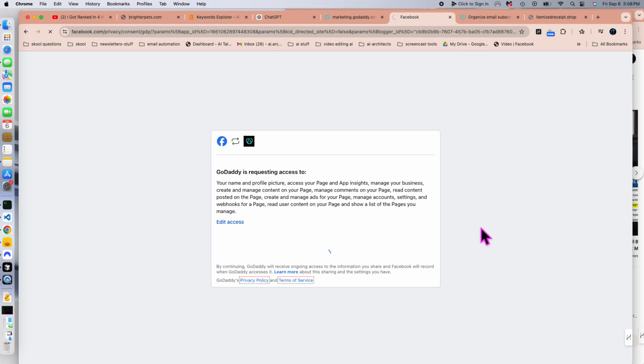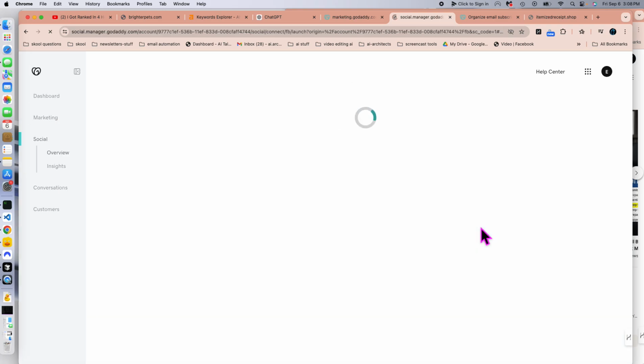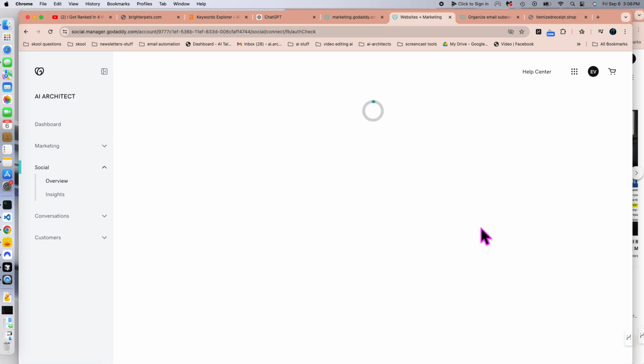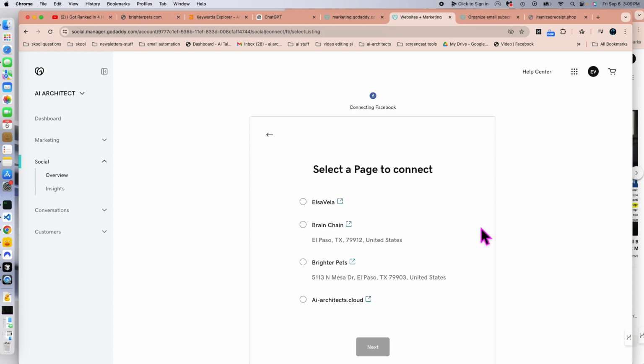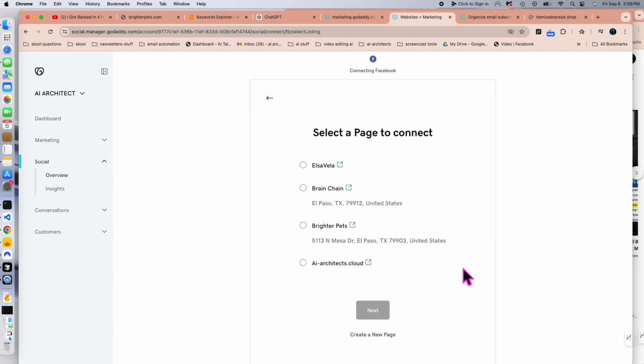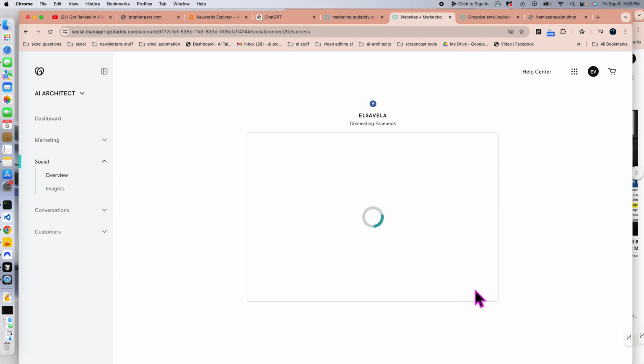This alleviates a lot of the extra. So I was using Adobe Acrobat to post, and I was using all sorts of different ways to post, and it just got so overwhelming and annoying. So I'm just going to use GoDaddy because it's faster. They're just going to have an easier way about it, right? So I'm going to connect to, I have the most followers off this page, even though this is technically my business page. I'm going to use this one. And again, I don't live at any of these addresses in case you come looking for me. So I'm just going to use my